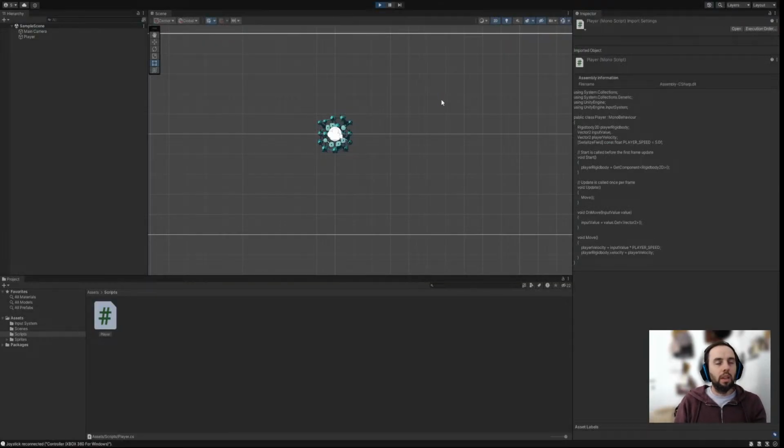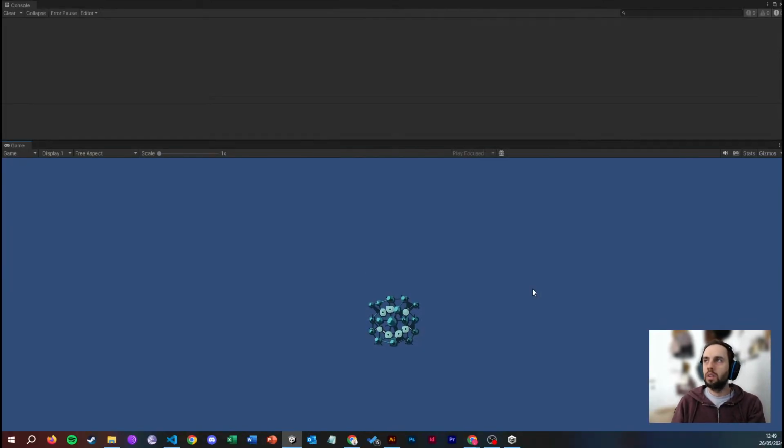And just to quickly test it again, pressing play. One thing, it's still going down because of gravity, but if we use the arrows we can move it around. Alright, so we are moving around our player, which is the AI neural network, but